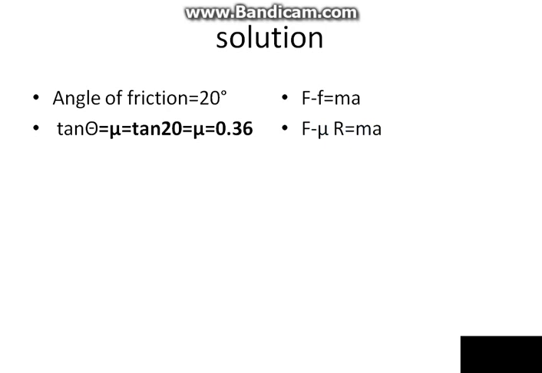The limiting frictional force is resisted by the opposing frictional force, which is the small f. If we subtract it, we get the real force we are looking for. Then, if we substitute the frictional